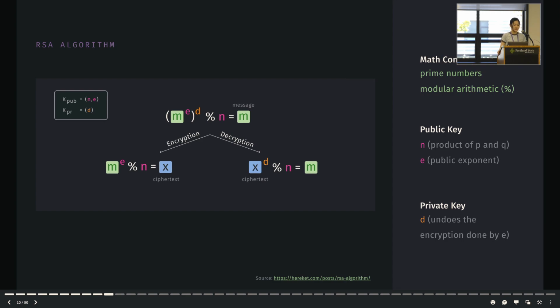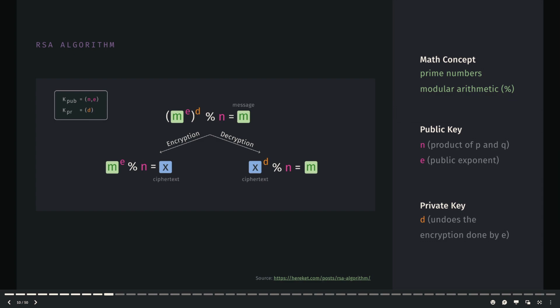RSA relies on relatively simple mathematical concepts: prime numbers, what we just talked about, and modular arithmetic. I'm not going to cover all the math here, like how the equation is derived, but it's pretty straightforward. So if you're interested, you can also probably deduce the formula on your own. What I want to highlight here are the two keys we just mentioned.